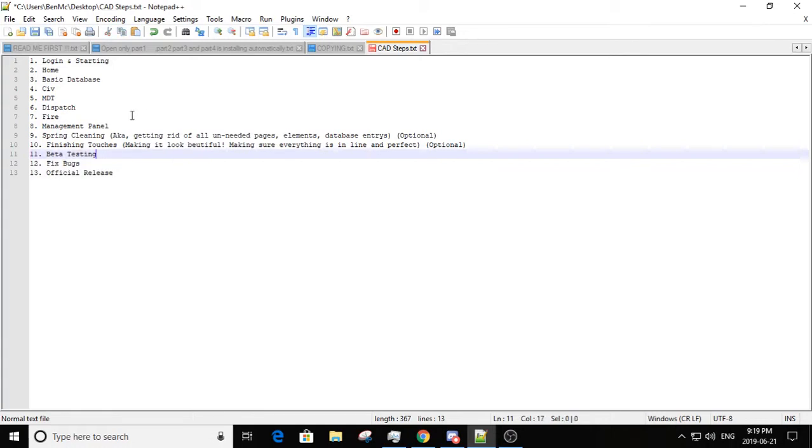Once you have done all this, you're going to go through your CAD and test it as much as you can yourself. Once that's done, you have patched all bugs that are for you, and even better if you can get a friend to jump on and be dispatched while you're police or civ or stuff like that. If you can get another tester, that would be amazing. But the first part of beta testing,